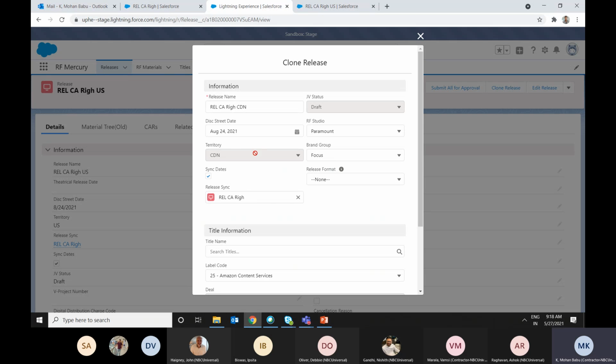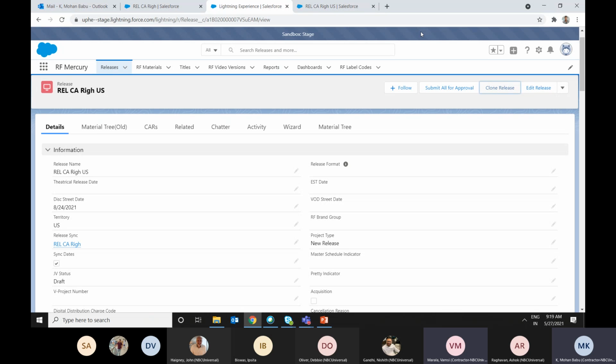And one more thing, the date will always flow from the US territory to the CA territory. If you update any dates on the Canadian territory, it won't get reflected on the US territory. That is how the clone functionality and the sync dates work.